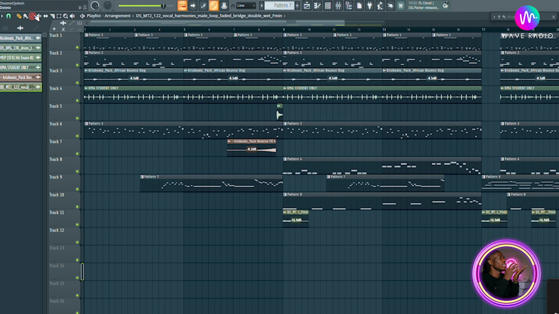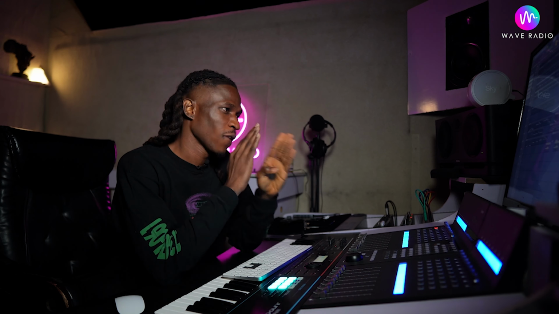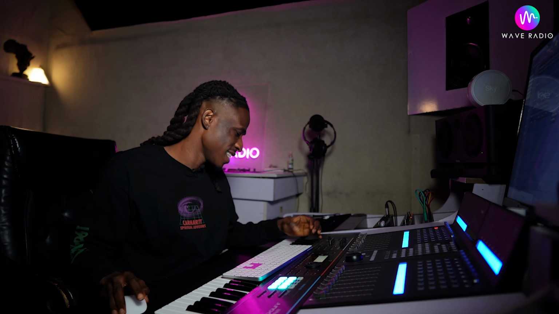So yes, that's another tip. Another important thing that I just found out how to do here on FL Studio, I keep trying to say Ableton, is